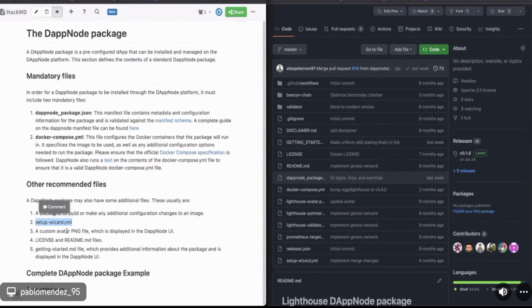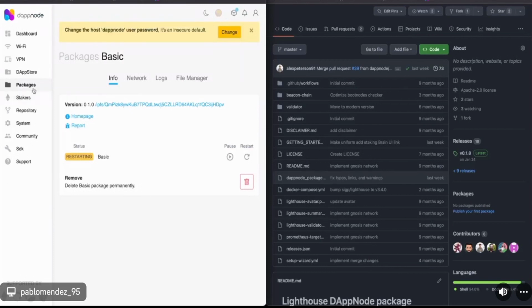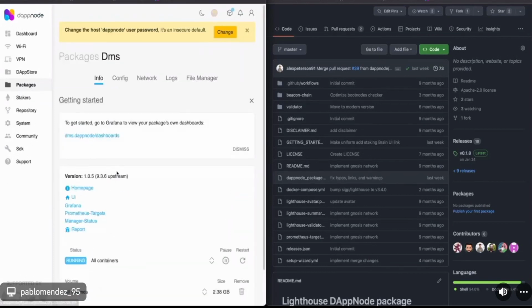Also, the avatar, which is the avatar of the package that will be shown in the App Store. Well, this one depends, is up to you. Also, the getting started, which is a markdown text that will be shown in the info package view. I can try to find something. Yeah. So this box is a getting started. So it's like a helpful text for the user.